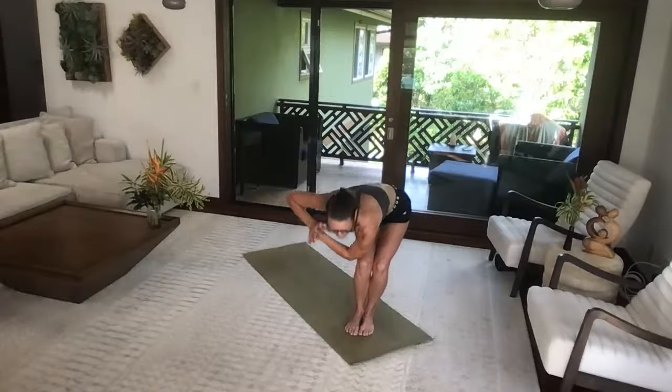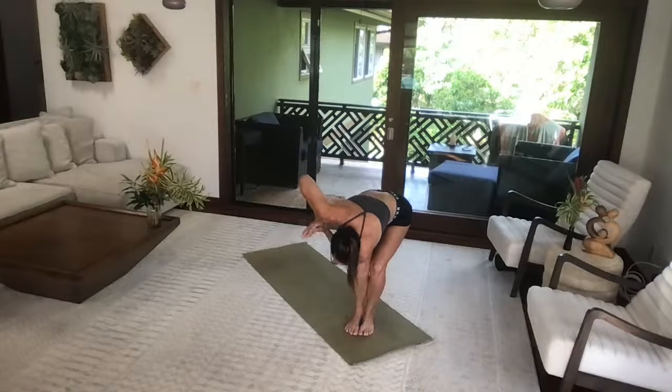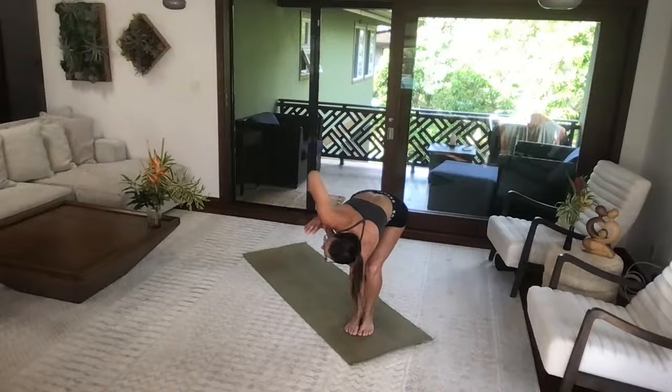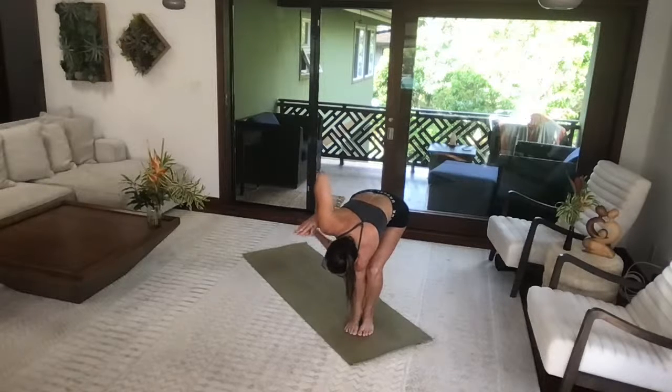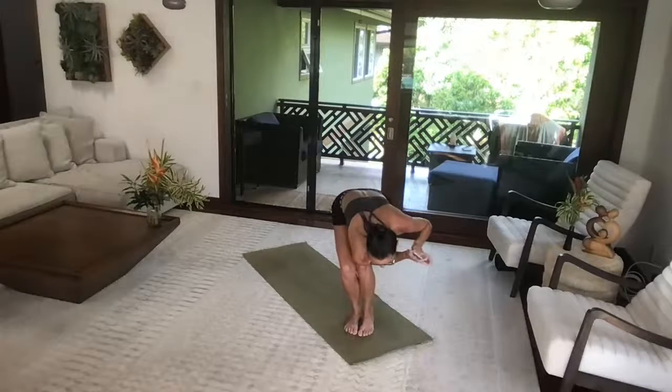Inhale. As we exhale, bend the knees. Take the left elbow on the outside of the right knee. Press your palms together. Twist from your head and neck. Sit down a little bit further. Actually, forgive me, I'm doing the wrong side. That felt funny. So this time we're gonna sit down, take your right elbow on the outside of your left